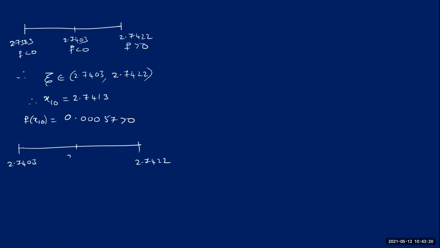And now the middle point is this 2.7413. And we got this as positive, so the next interval, the root now belongs to 2.7403 and 2.7413. Now see if you calculate the average of these two, the 11th approximation,